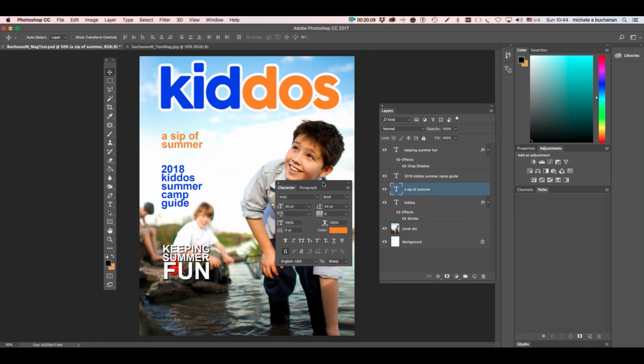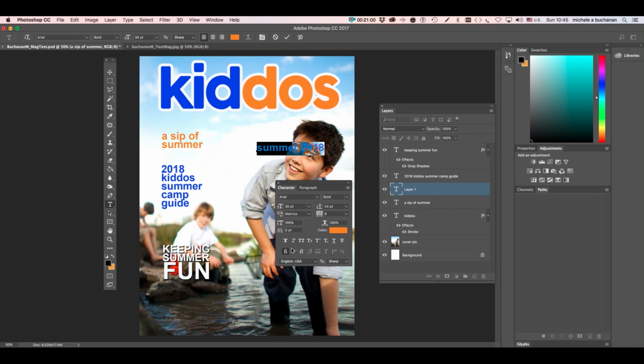The last thing we're going to do is add the publication date information. Different magazines will present this information different ways depending upon how frequently they publish and a number of different variables, but we're going to keep this simple. We're going to select our Type tool again, and typically we want to place this publication date information very close to the nameplate. But if we click right now anywhere close to the nameplate, there's a good chance that the nameplate text is going to become selected. So what we'll do instead is click far away from any of the other type that we've created and type it out. We're going to say Summer